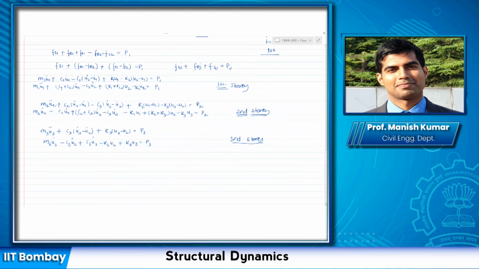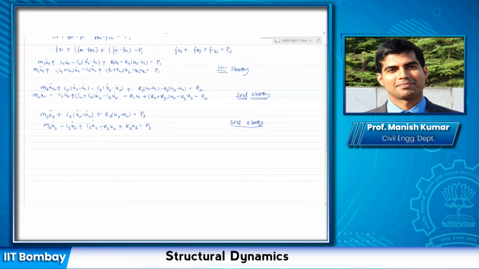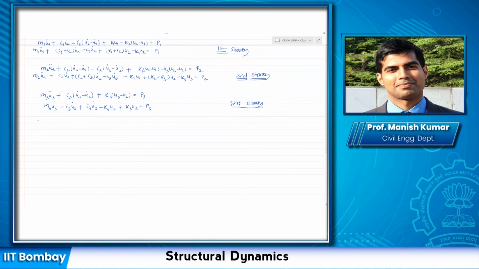Okay, and you might already be aware of how to do that, or if you are not, then just write down everything in terms of all the coordinates. For example, here this equation can further be written as, let me write it again, m1 u1 double dot. There is no u2 double dot term, so I will just write 0 times u2 double dot plus 0 times u3 double dot. Then for the damping term, I can write down C1 plus C2, this is the coefficient of u1 dot, minus C2, the coefficient of u2 dot, plus 0 times u3 dot.